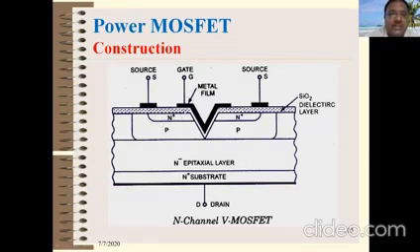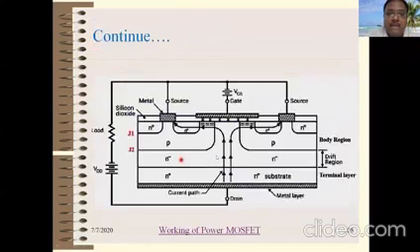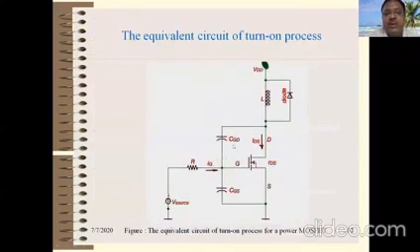N type. Here the SiO2 layer is directly given, metal gate, and this N plus is also metal. This SiO2 layer itself forms a capacitance, because the gate is a metal plate and N plus is also a conductor. So these N plus and metal plates are separated by the SiO2 layer, and this forms a capacitance, right? So the capacitance between gate and drain and the capacitance between gate and source will affect the turn on time of the MOSFET.